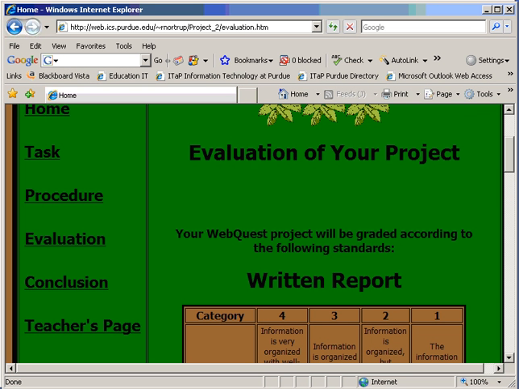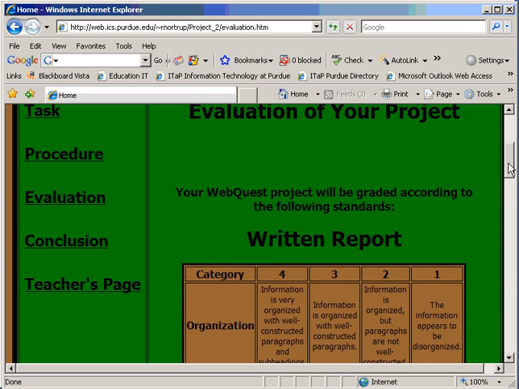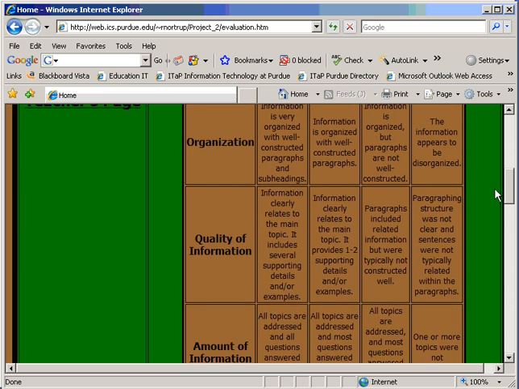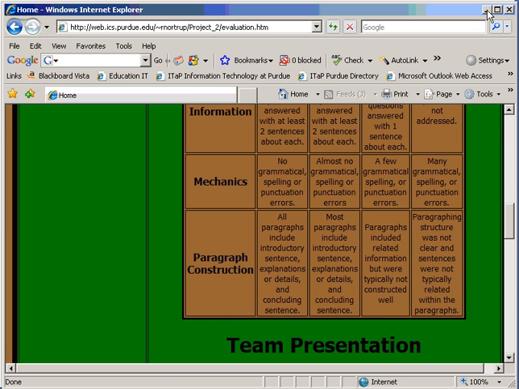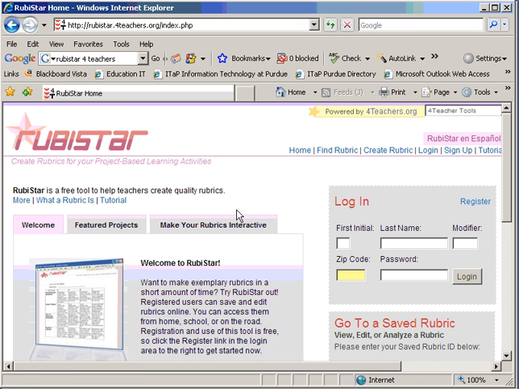The evaluation section should include a very detailed rubric with all the aspects that are going to be evaluated. If you don't know how to do a rubric, then it's a good idea to go to rubystarforteachers.org. In here, you can create your own rubric, or you can also find an existing one and adapt it